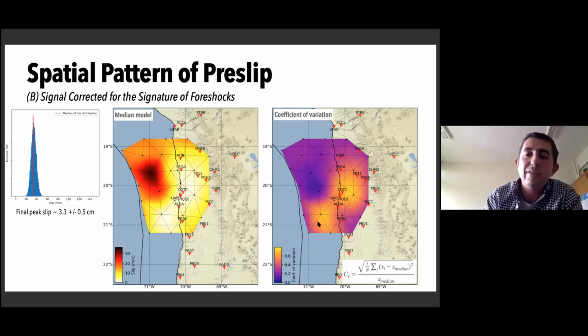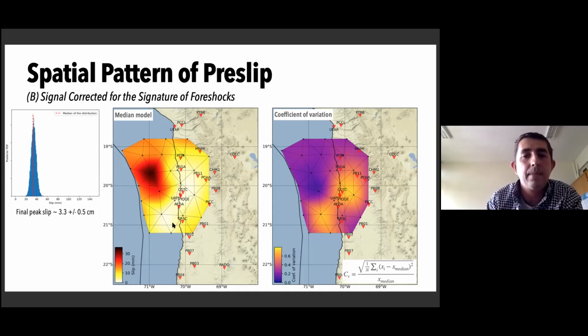But again, in terms of uncertainty, if you look at the uncertainty over the whole fault plane through this coefficient of variation, you see that the main region of slip is rather well constrained. The standard deviation is low with respect to the slip amplitude. And places where you have zero slip are obviously rather uncertain, but they contribute less to the fit to the